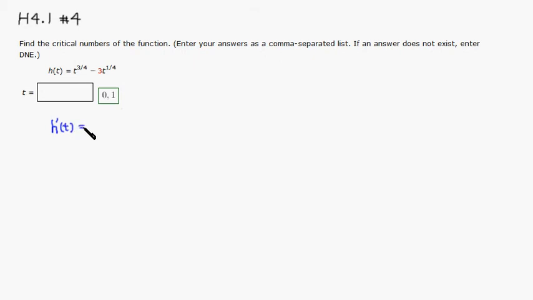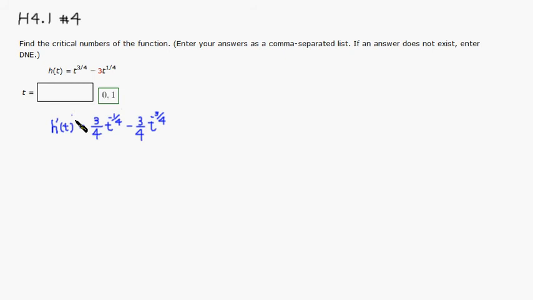is equal to, right, put the power in front, so it's a 3/4 in front, then t, then subtract 1 from the power, so it's going to be negative 1/4 power, right? Then put the power in front, so 1/4 in front, but there's a negative 3 there, so it's a negative 3 times 1/4, which is negative 3/4, right? Then you have a t, subtract 1 from the power, so it's negative 3/4,